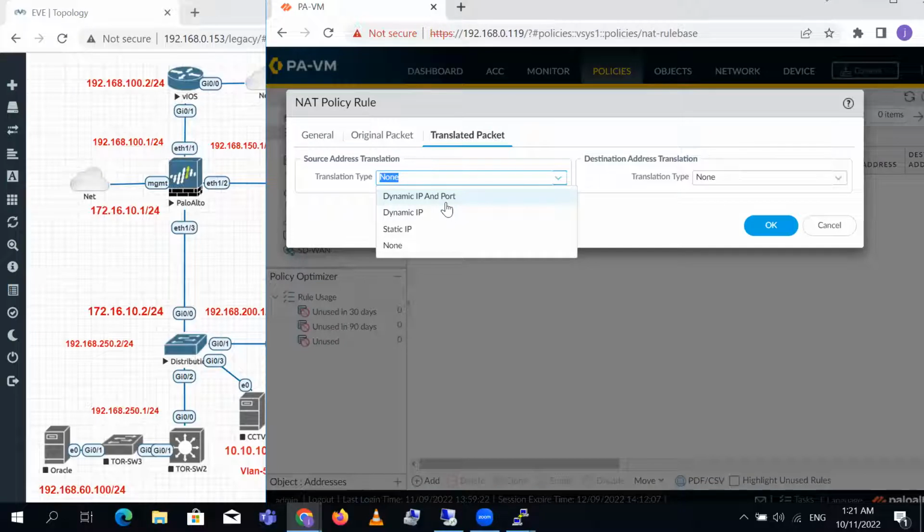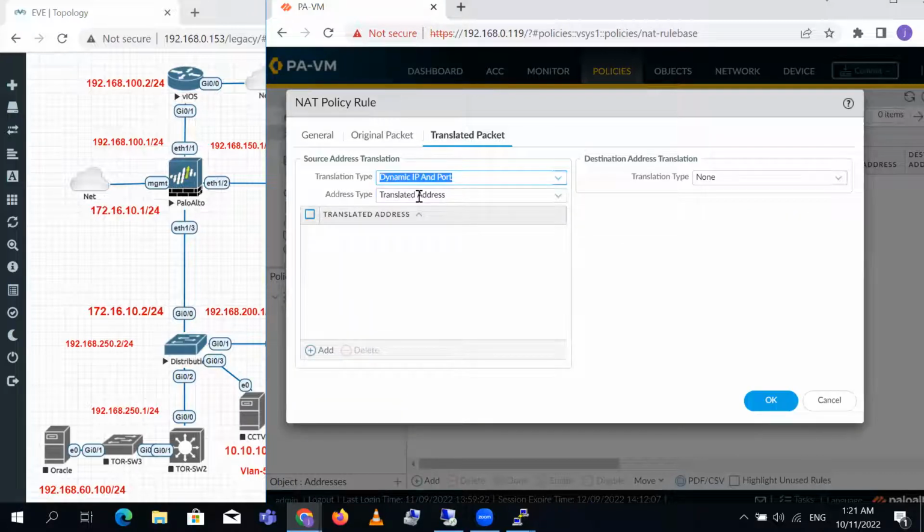There is dynamic IP and port, which is PAT, port address translation, then dynamic IP, and then static IP. For today, in this video, we will configure dynamic IP and port address translation. In this configuration example,